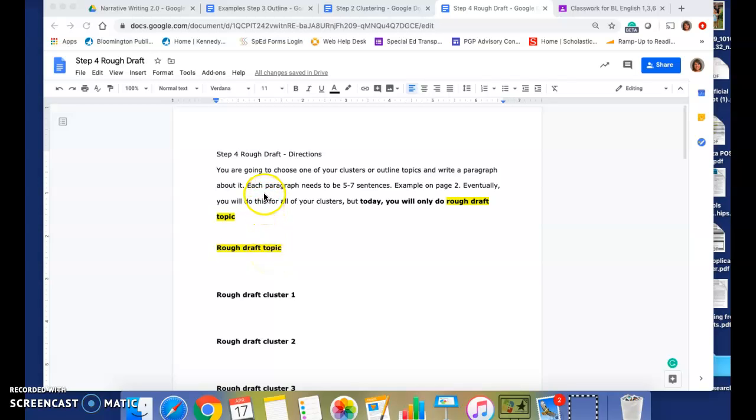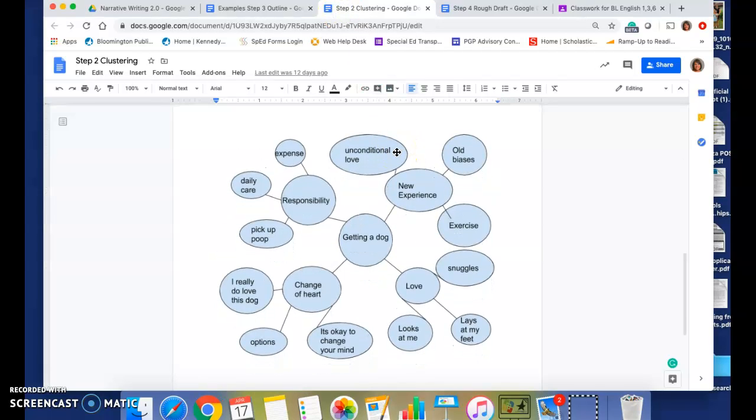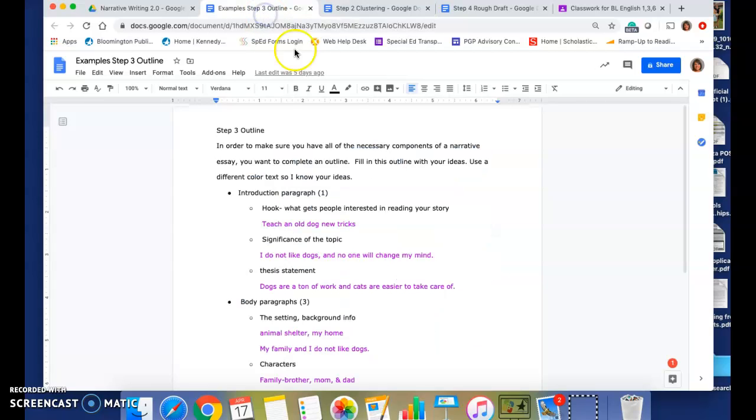All right. So you can choose a cluster, or you can look at your outline, whichever you choose, and then we're going to come up with 5 to 7 sentences for that paragraph. So here's my clustering that I did. I can look at that and I can get some examples. I might go over here and do responsibility. I might do this new experience, or I can go here to my outline,